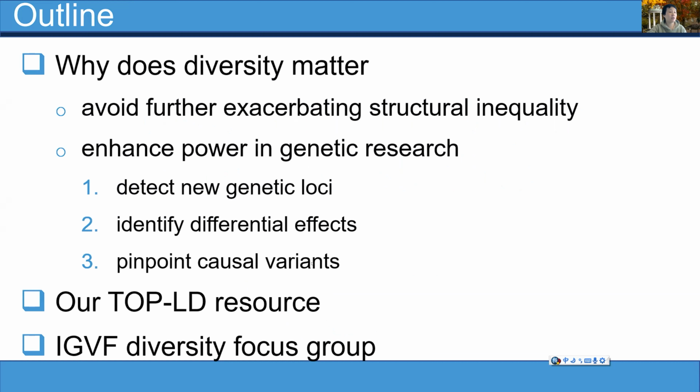And then I will talk about one resource we developed most recently. So I think one theme that has come up consistently from all the three previous speakers is linkage disequilibrium, LD, the importance of LD, and LD score regression, as the name suggests. So LD basically underlies almost all the relevant methods we talked about. So I'm going to introduce a resource that we developed recently using the whole genome sequencing data from the TopMed consortium. We named it TopLD,